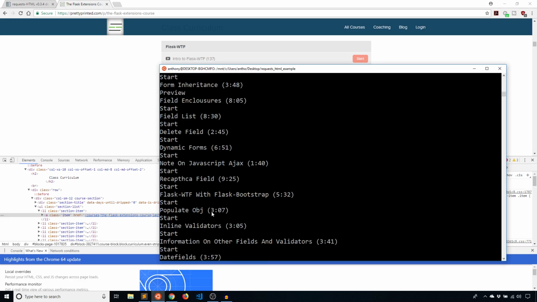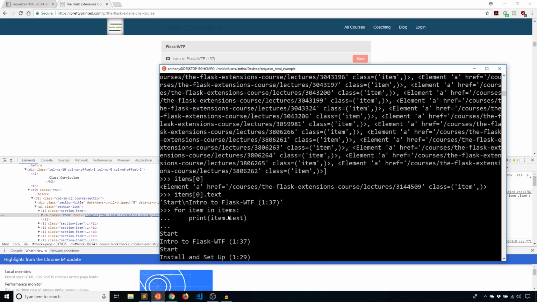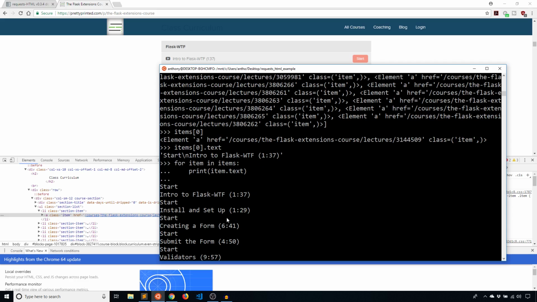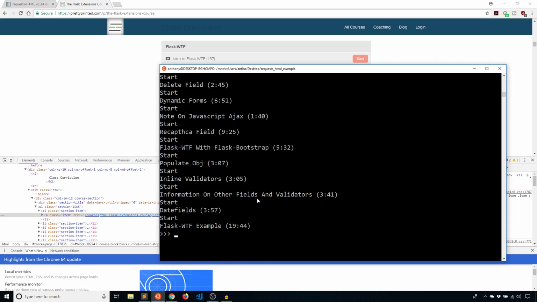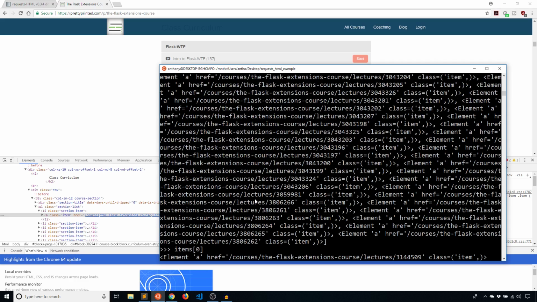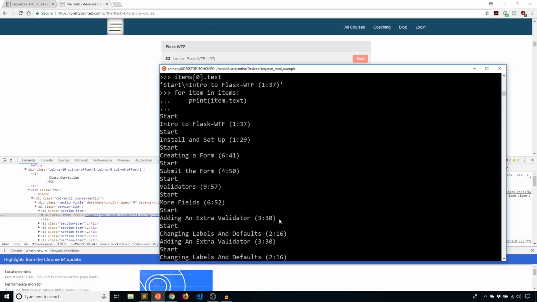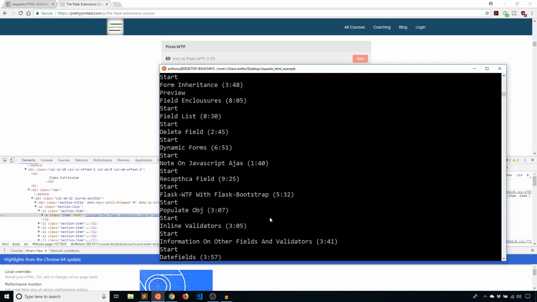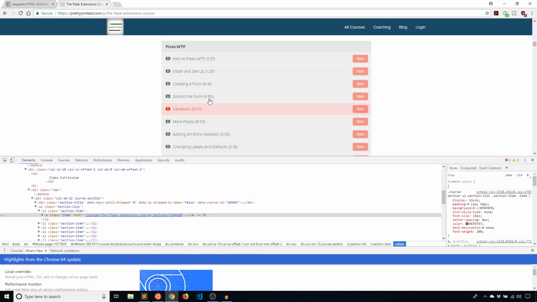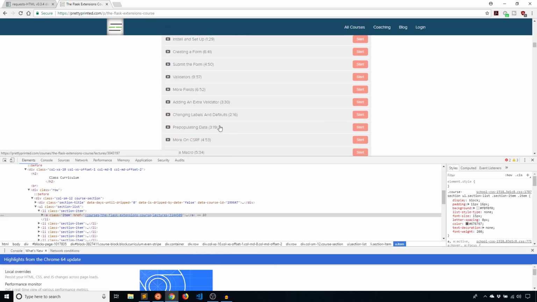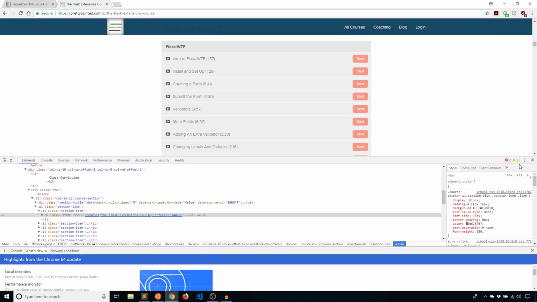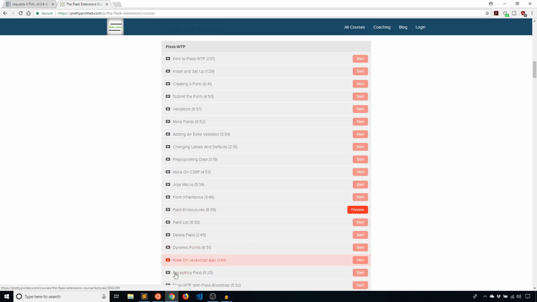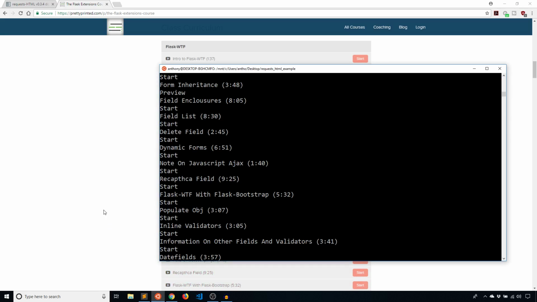Now, of course, if I wanted to, I can just get rid of that start. I can cut out anything that has start in a new line, and only focus on the name of the lecture and the time in parentheses. But it just depends on what you're doing. As you can see, by using this library, it is very easy to get this information. I barely did anything, and I'm able to get the list of all the lectures I have in this particular section. So if you were scraping a more complicated page with some data that you were interested in, maybe some data that is updated over time,